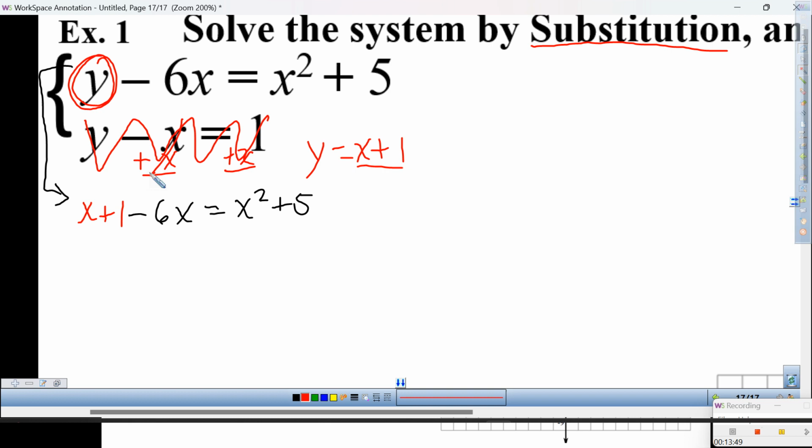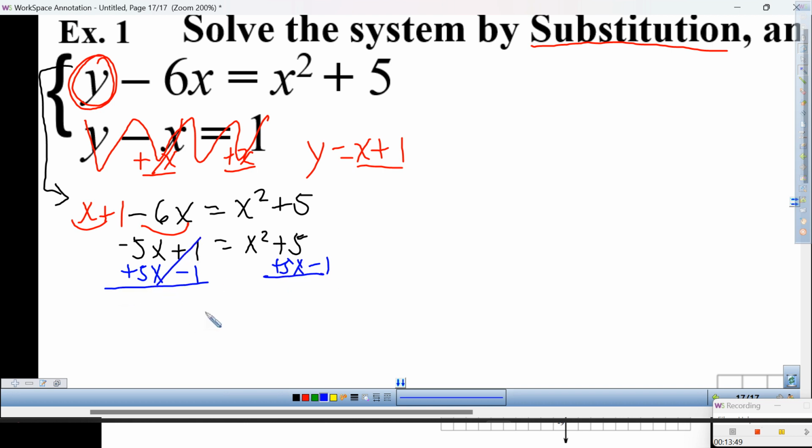So I'm going to do this. I'm going to get rid of all of this. But before I do, let me combine stuff. What is x minus 6x? That is negative 5x. Bring down the plus 1 equals x squared plus 5. And now we're going to move everything to the other side to leave this side with a 0. So we add 5x and minus 1. Add 5x minus 1 to both sides. So now we end up with